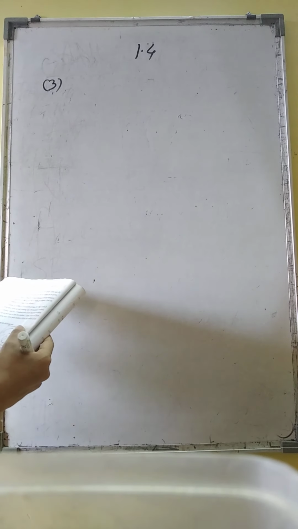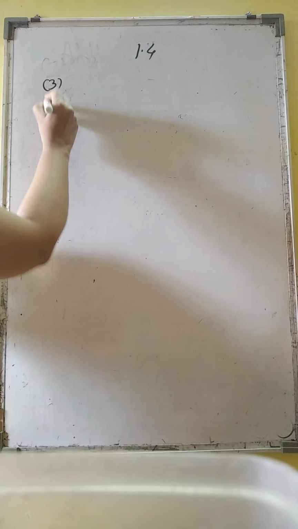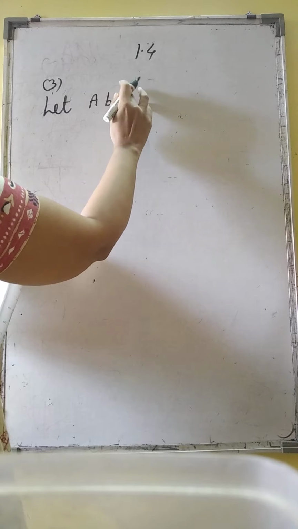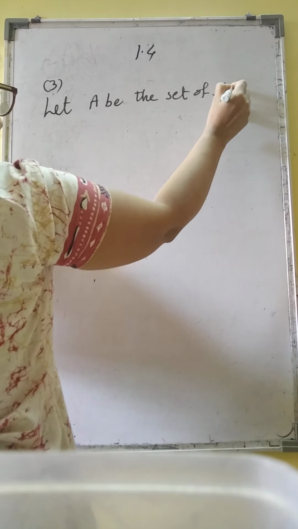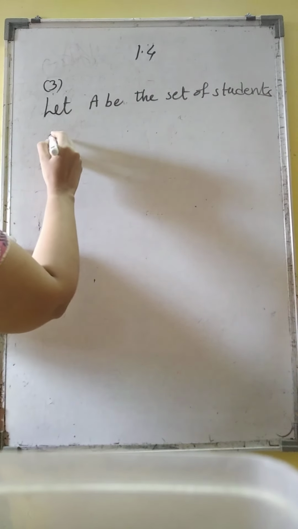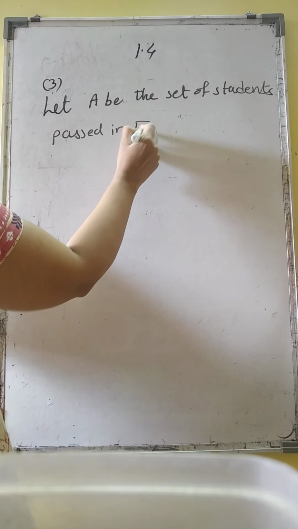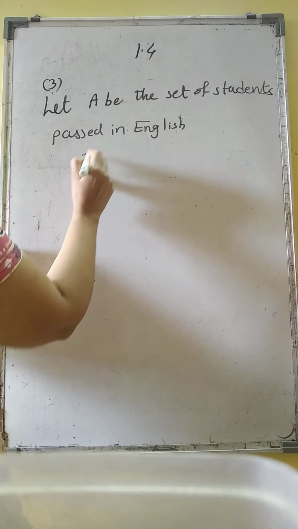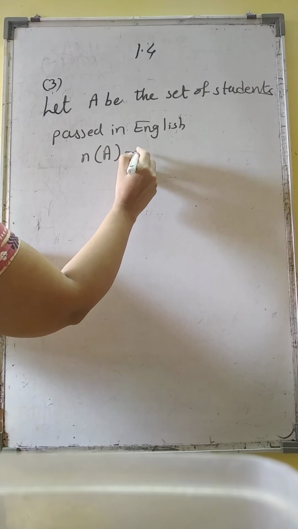I'll repeat now. In the competitive exam, 50 students passed in English. So let A be the set of students. Please write along with me. I am speaking also. Students passed in English. So what is n of A? Number of elements in A, that is